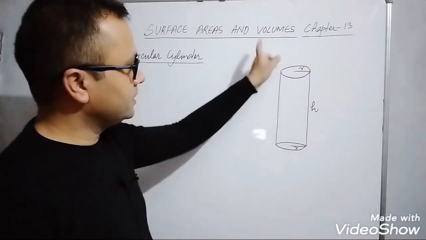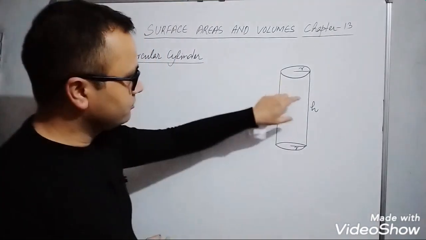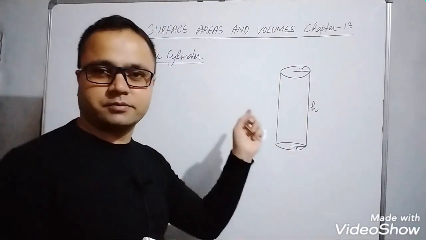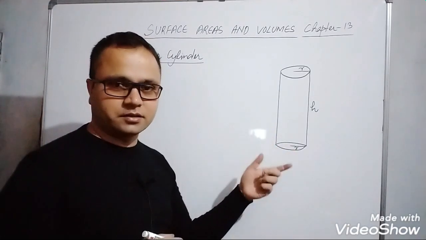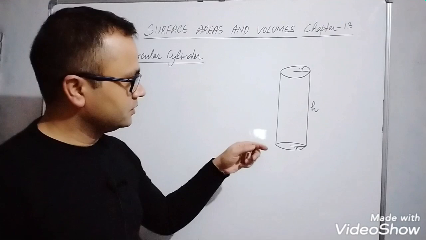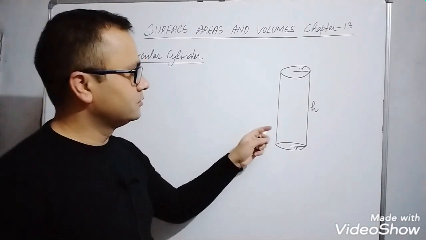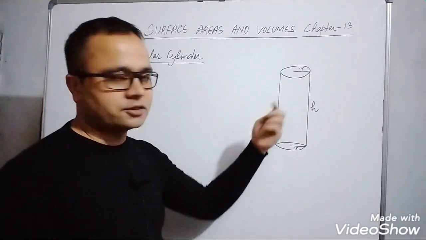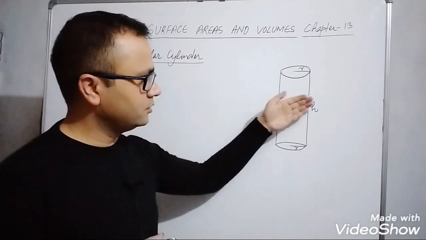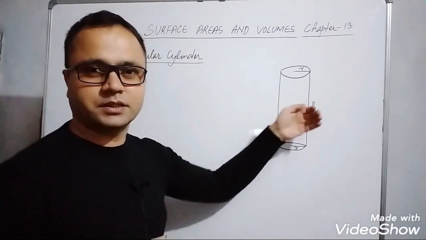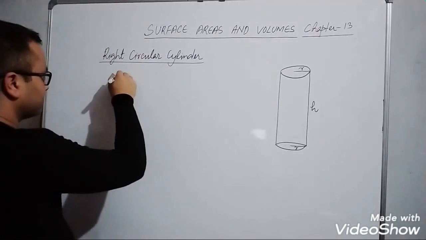Twice the radius is the diameter. Now first we will calculate the curved surface area. Why curved surface area? In a cube and cuboid there is a lateral surface area, but why can we say that the cylinder has a curved surface area? Because the cylinder has a curved surface. So first we will calculate the curved surface area.